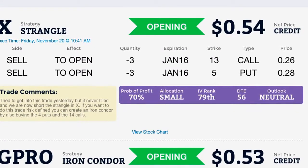So we're starting to make trades and starting to stack our expiration dates, which is really what we ideally should be doing all the time, is having trades at different time points throughout the entire year so that we have money coming off at different